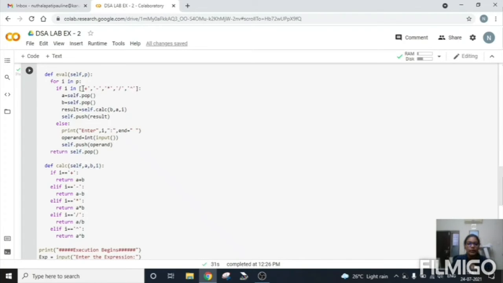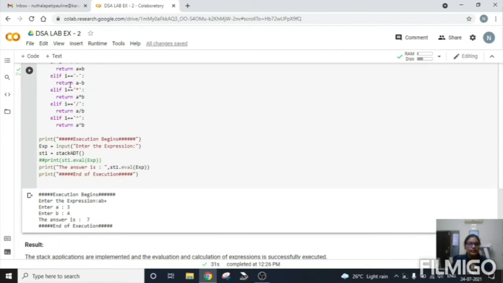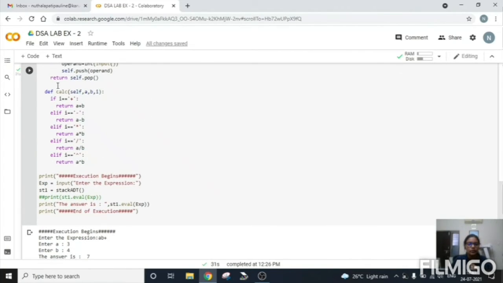If the operator is not detected, then the else condition is implemented, which means we are going to give operands. It is going to ask us to give the operands. Once the operand or the element is given, it is going to push it into the stack. And then this cal function, which means calculation function, is going to take the operators and calculate the expression.